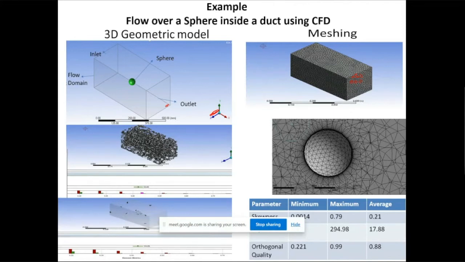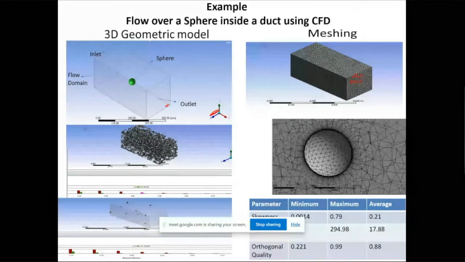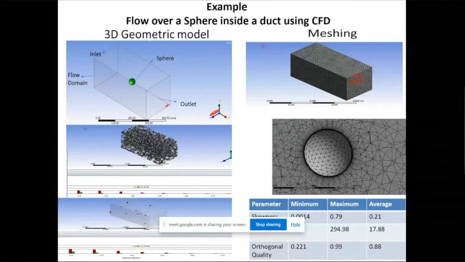But the thumb rule is the skewness should be less than 0.8 and the orthogonal quality should be more than 0.2. Depending upon the application, these values may change, but this is the minimum that needs to be checked. Once you see here, after subtracting this sphere, we have this kind of section where